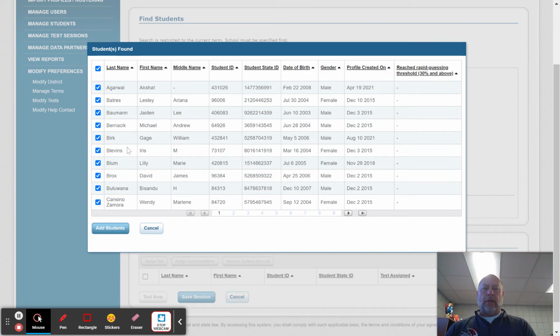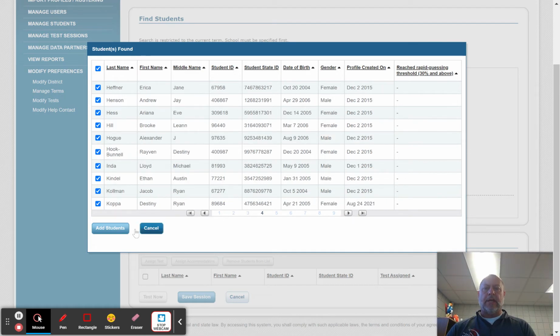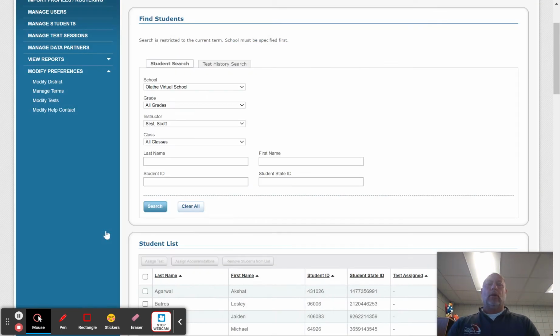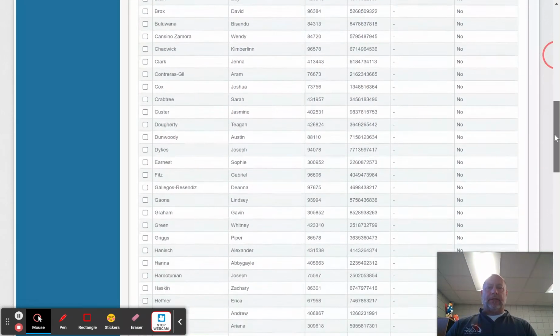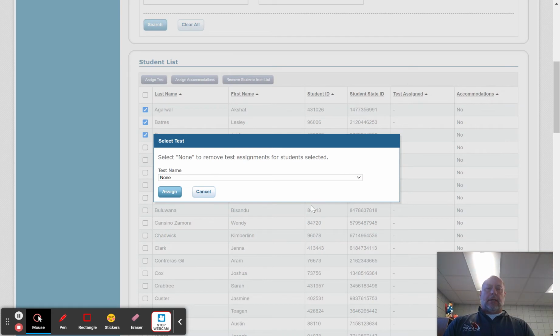Okay, so here's all of our students, and you can see that you've got a couple of pages of them, obviously, but we can just add all of them. Or you could select the ones that you want to add to a test session. Okay, so here's your list of students. And what you'll do is, let's say that you have a collection of them, and I'm just making this up. So let's say that these first three are all going to come in and they're going to take the Algebra 1 assessment. So then you would go to assign test, and then there's a drop down here,